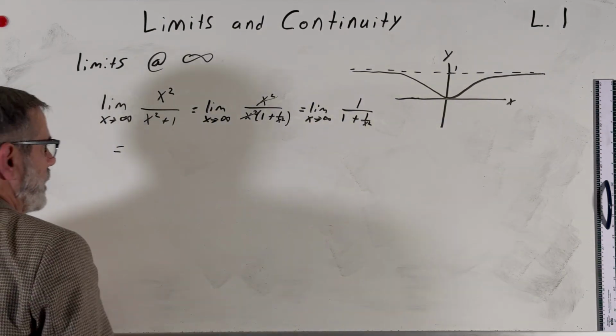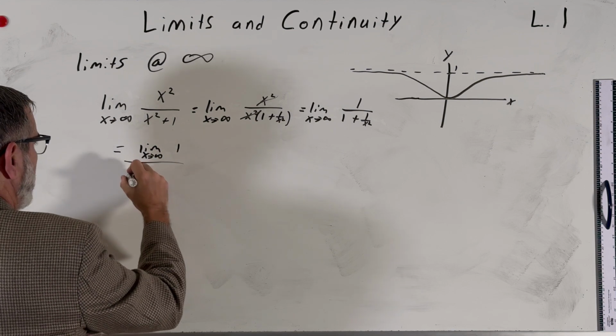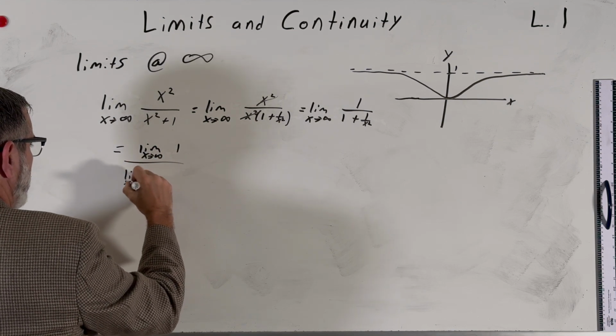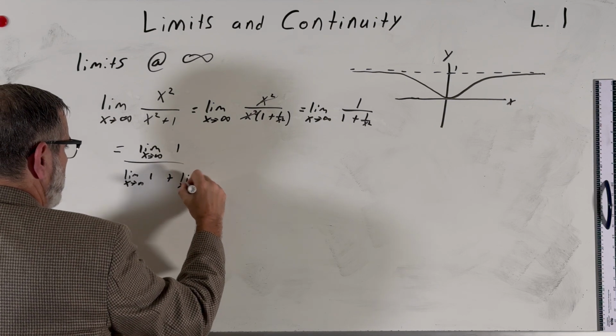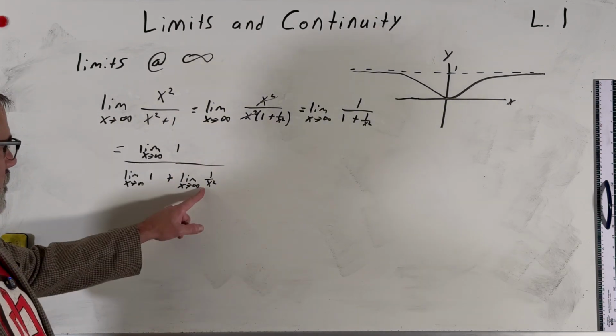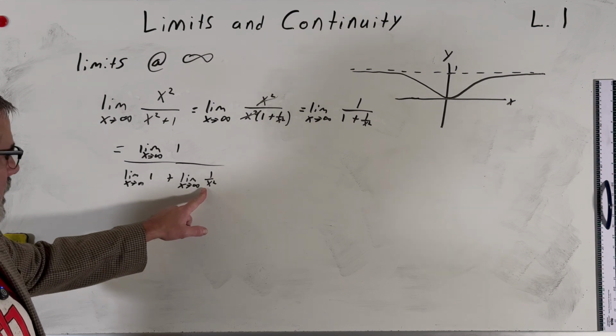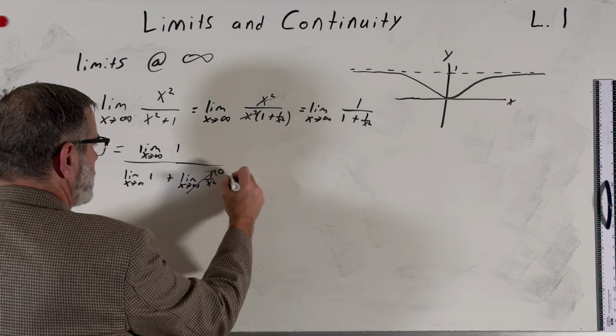which I can then break down into the limit as x approaches infinity of 1 divided by the limit as x approaches infinity of 1 plus the limit as x approaches infinity of 1 over x squared. Yes? What does this guy do? As x approaches infinity, what does this term 1 over x squared approach? 0. So this term goes to 0,